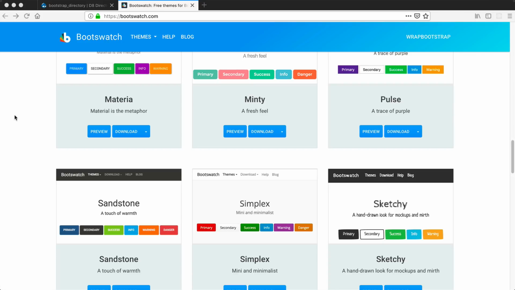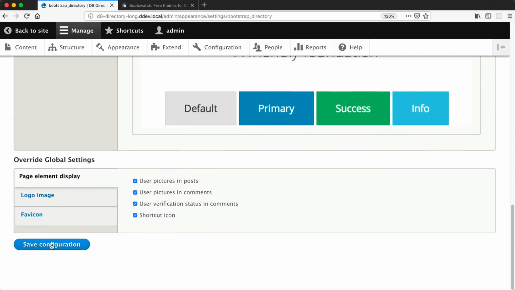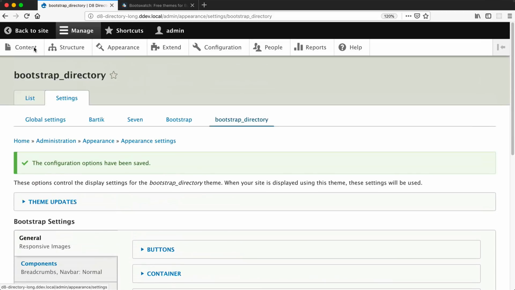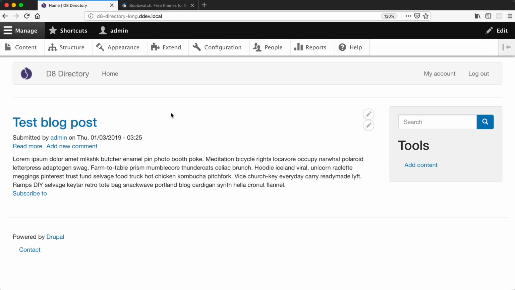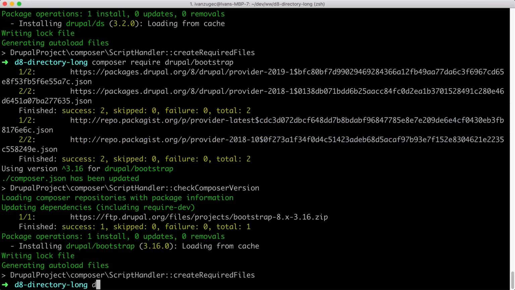Which one am I using? Yeti, that one. That's the one that I'm using. Okay, so let's just do that and click on save. And then if we go to the home page, that doesn't need, and then we need to, what is it,